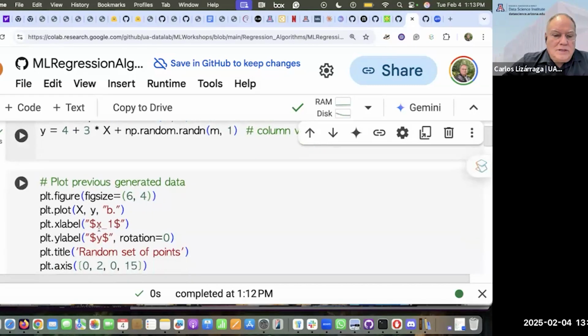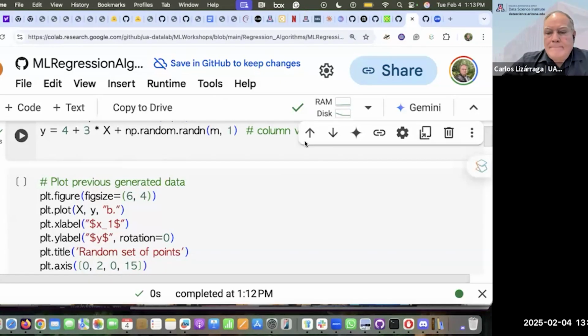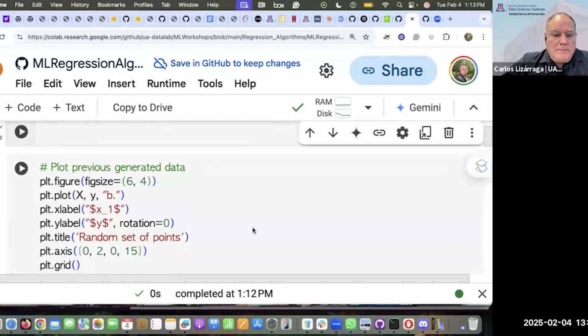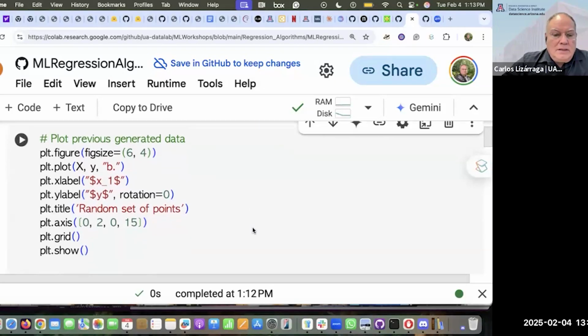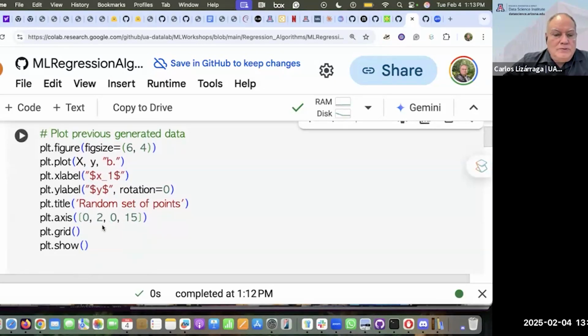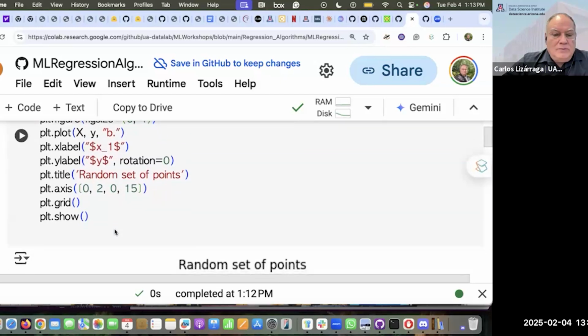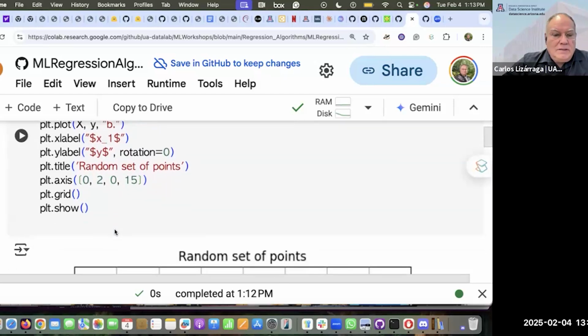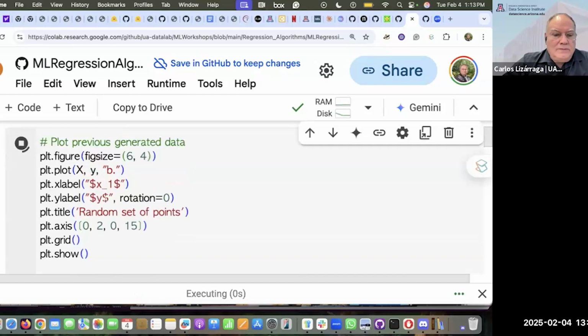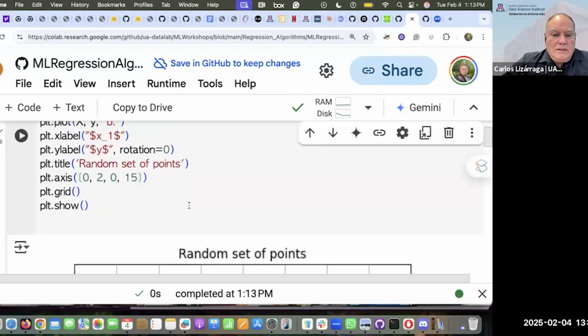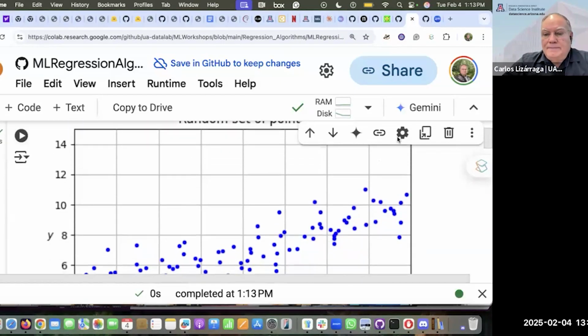So we're going to plot the x and y random numbers, and then we're just going to set the axis. We're going to plot 15 points, and we just run the code, and we have this